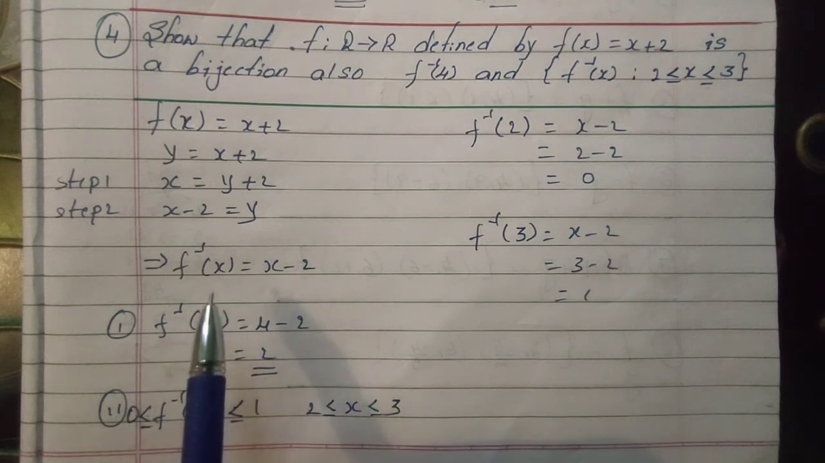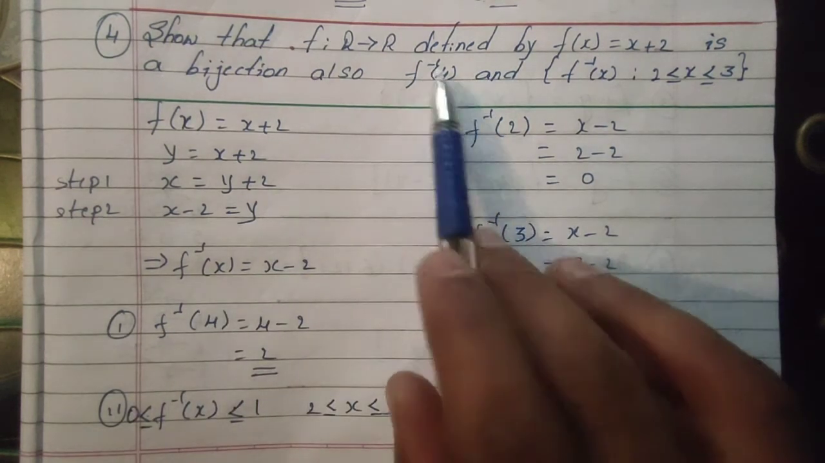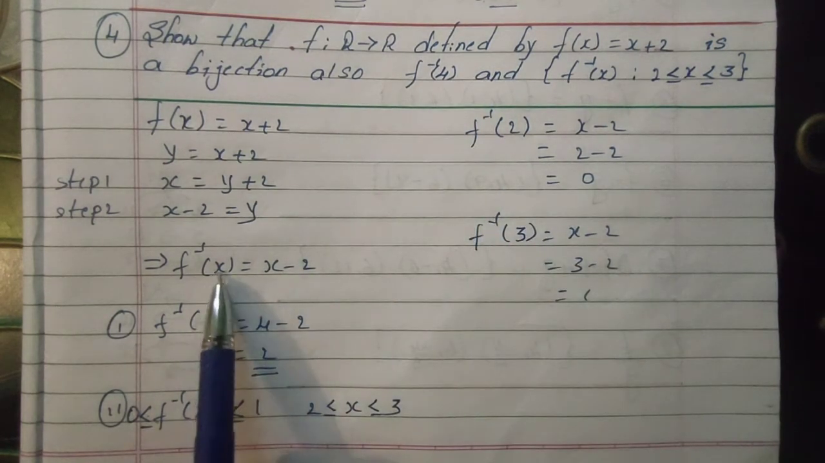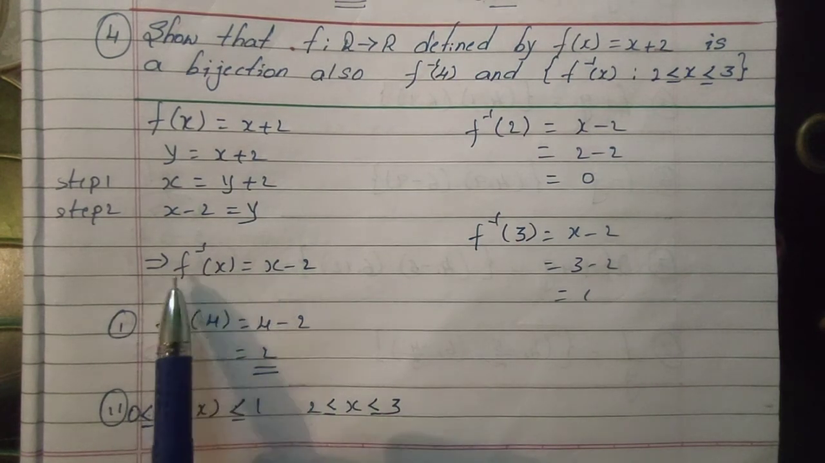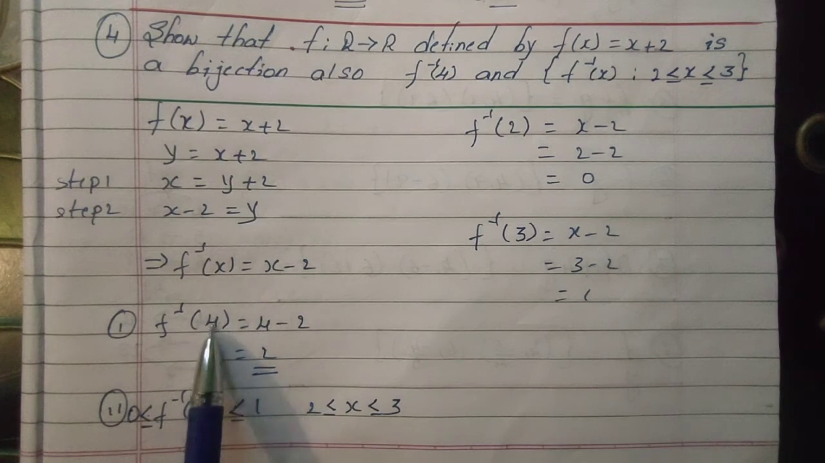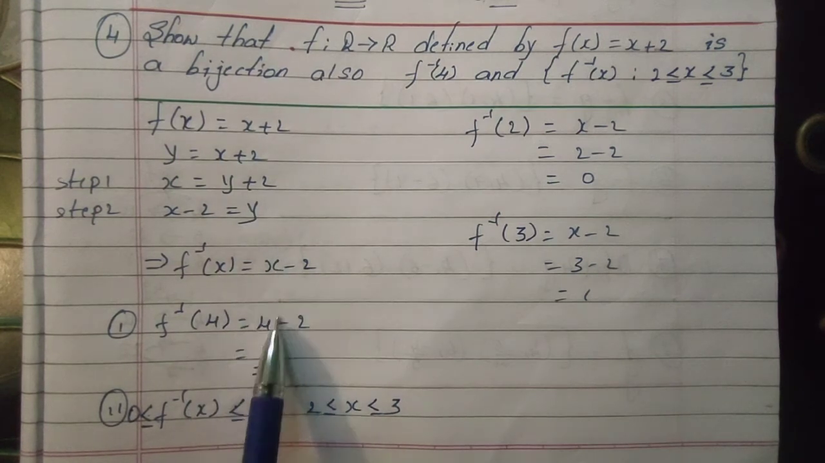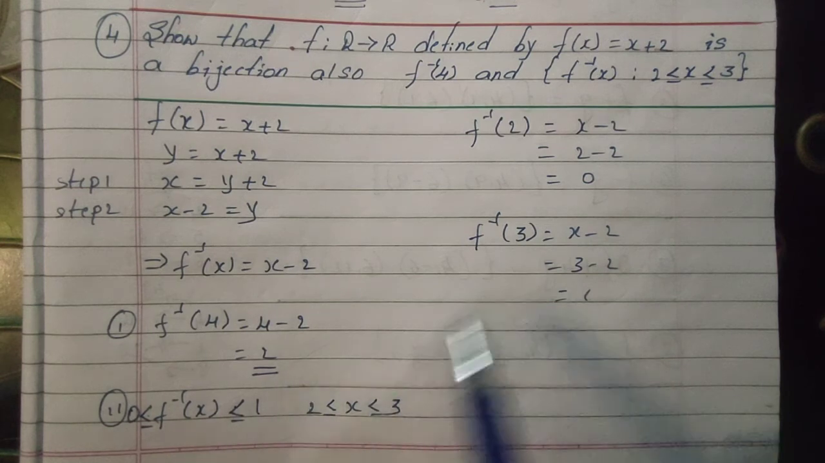Now we should find the value of f inverse of 4. So substitute 4 in place of x in f inverse of x. So 4 minus 2 is 2. Okay. Now